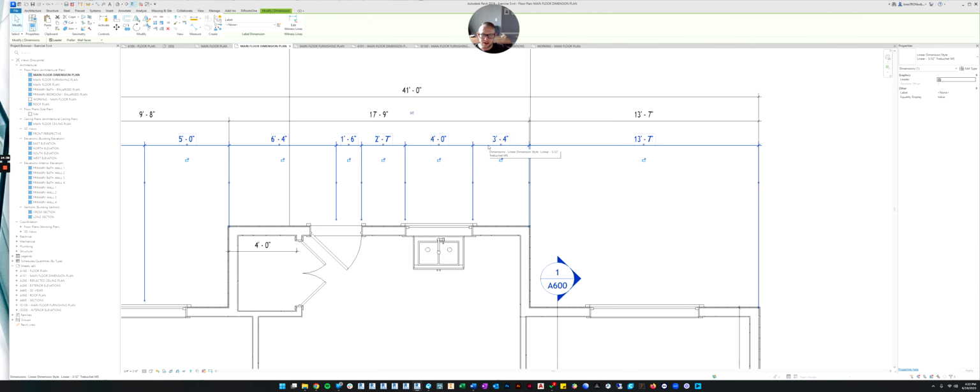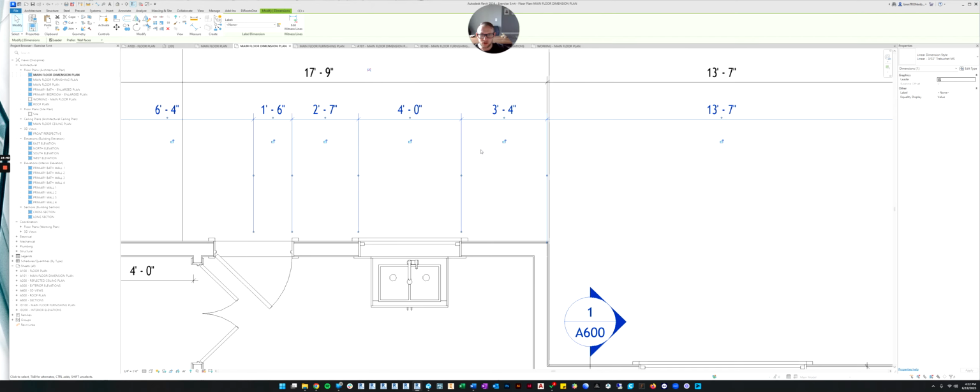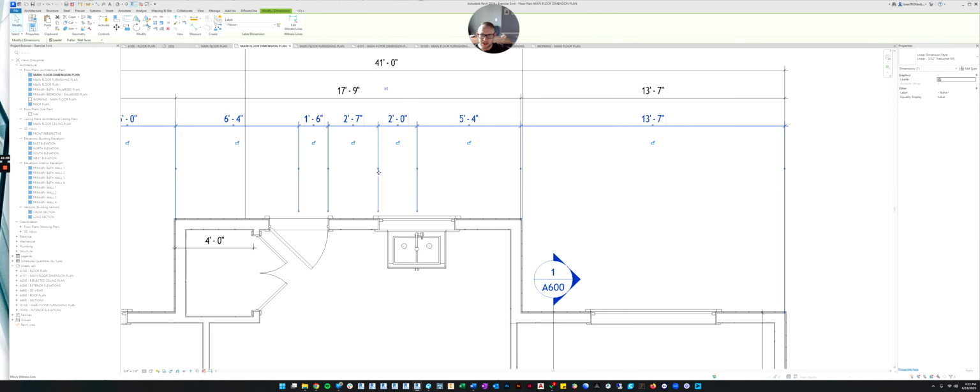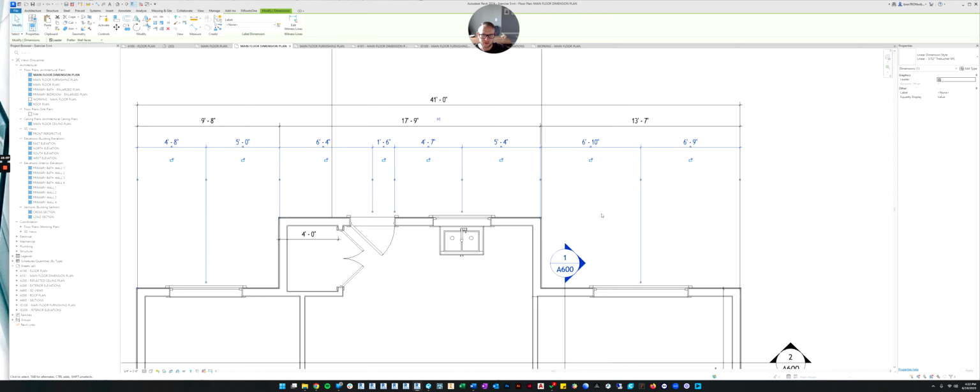So now I screwed that up. I need to correct it. The other way you could do it is, you see how there's little dots on the end of these leader lines and in the middle? The end you can pull away from the building or closer, just so that it visually changes the leader line. But the center one, if you click and drag it, you can move that to a different item. So now I can move it to the center of the window if I wanted to. And now I could take this one and I could move it over here to the center of that window.